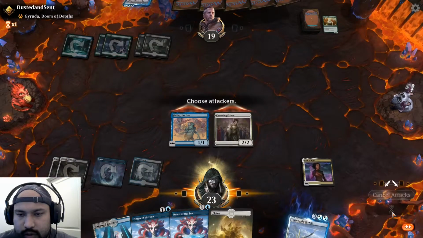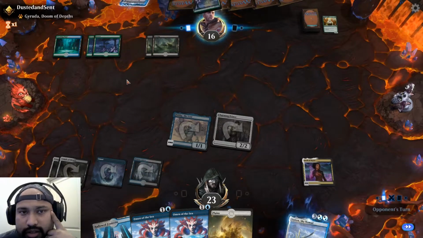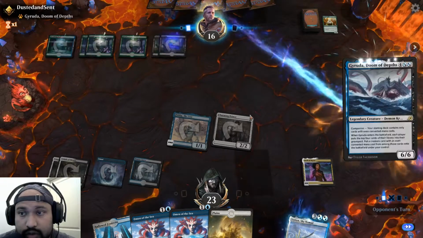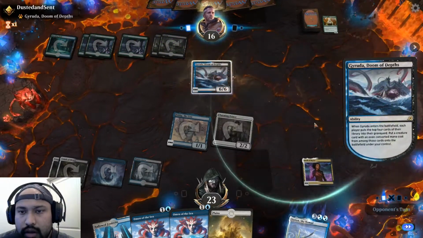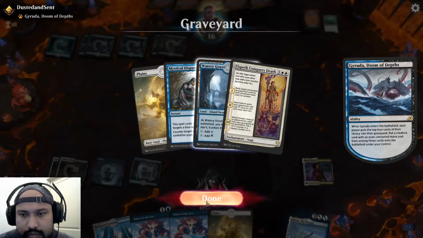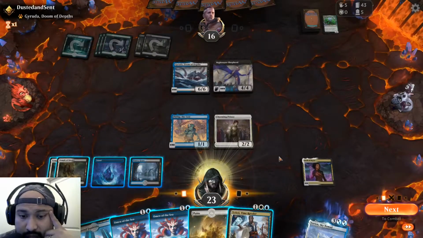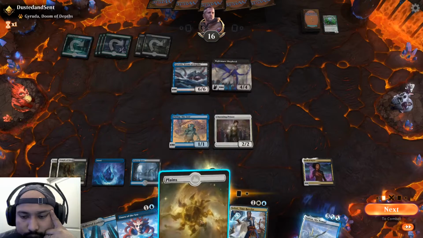Enter stabbed. Swing with all 3. Our opponent draws, plays the land, goes Garuda. I presume from hand, he does. We milled lands and counters, and he milled the Nightmare Shepherd, and he's gonna take the Nightmare Shepherd. So,